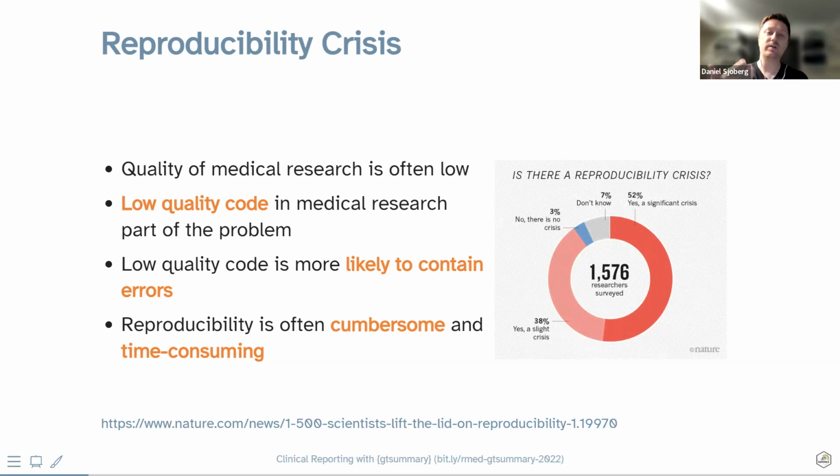But when we saw that R Markdown was becoming a super fantastic tool, we knew it was time to make the switch, and that's what we ended up doing. You may be familiar with the reproducibility crisis in medicine. It is very well known, very well documented. I think there's a very famous statistician, Doug Altman, who wrote a paper in '92 called something along the lines of the scandal of low quality research in the medical field.